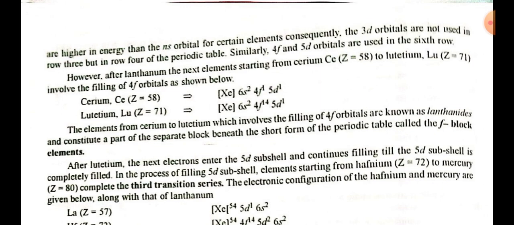After radon, the next two elements, francium and radium, involve filling of 7s orbitals. Once radium is reached, the 5f, 6d and 7s subshells converge again in energy. The 7s orbital is not effective in shielding the 6d and 5f orbitals. As a result, 6d and 5f experience more nuclear pull